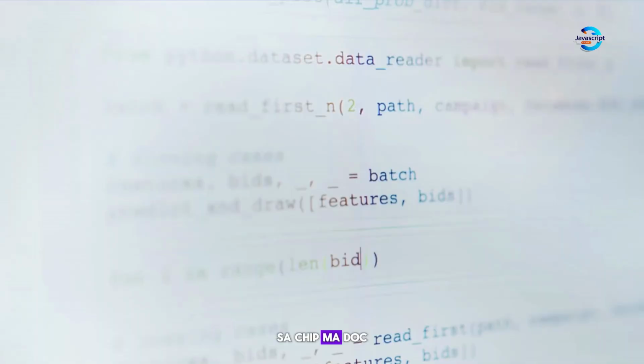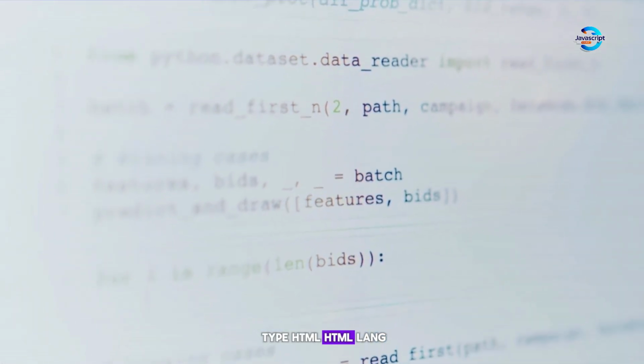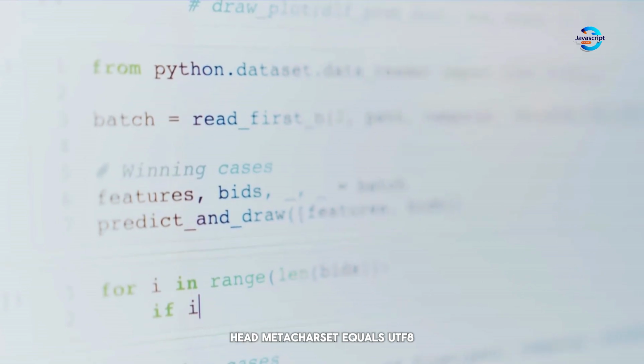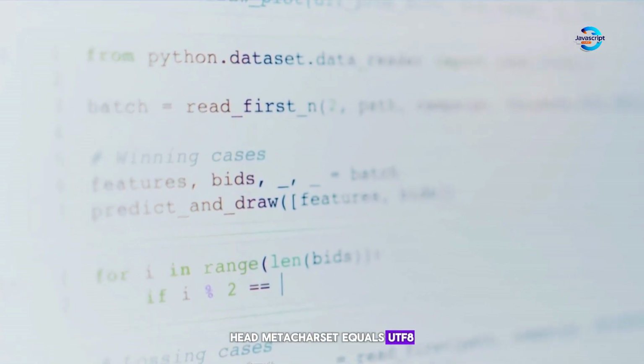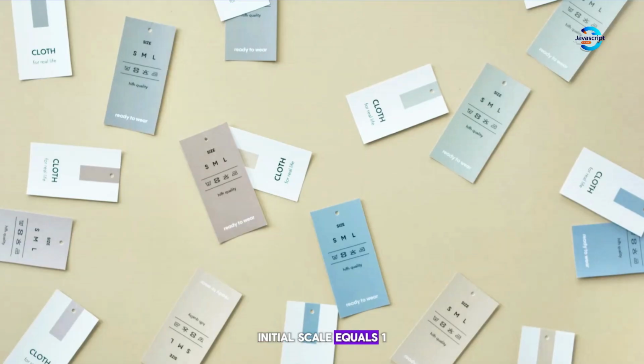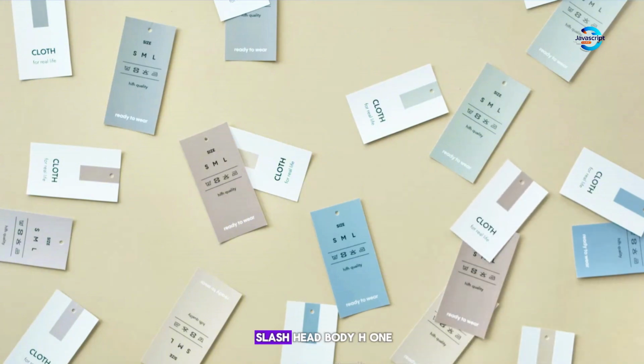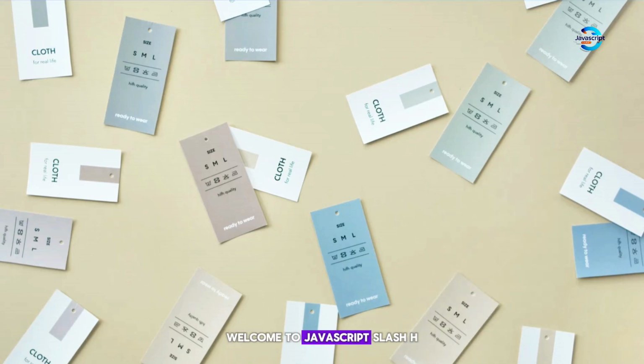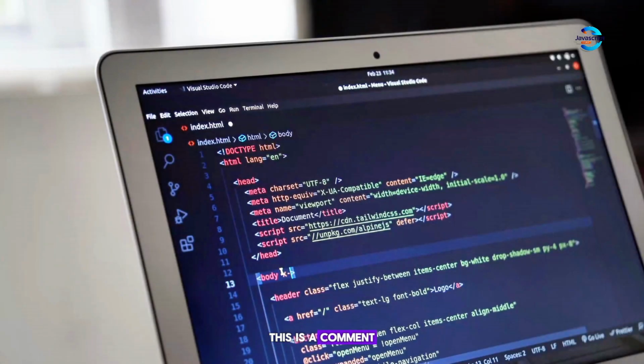HTML: <!DOCTYPE html> <html lang="en"> <head> <meta charset="UTF-8"> <meta name="viewport" content="width=device-width, initial-scale=1.0"> <title>JavaScript Example</title> </head> <body> <h1>Welcome to JavaScript</h1> <script> // This is a comment console.log("Hello, World!"); // outputs text to the console </script> </body> </html>